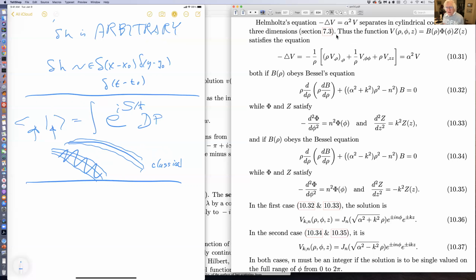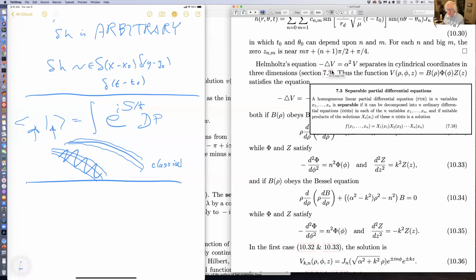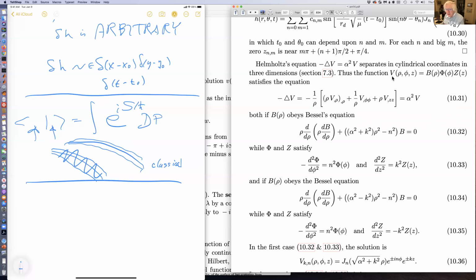So let's go back and consider Helmholtz's equation then more generally, now that we're finished with the drum. It separates in cylindrical coordinates. We saw that back in section 3 of chapter 7. And that means that if we have minus Laplacian of V equals alpha squared V, then this Laplacian